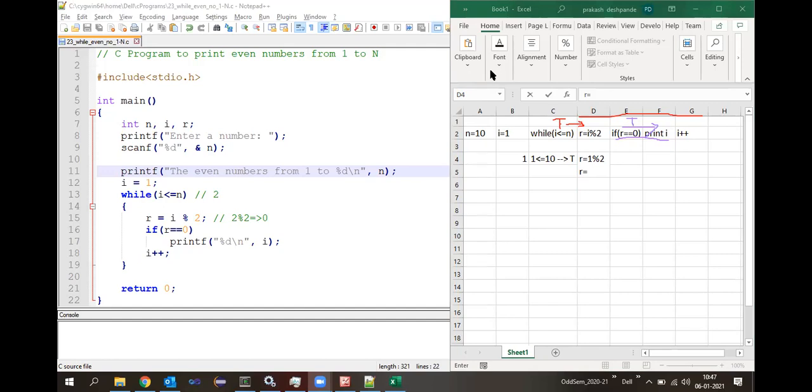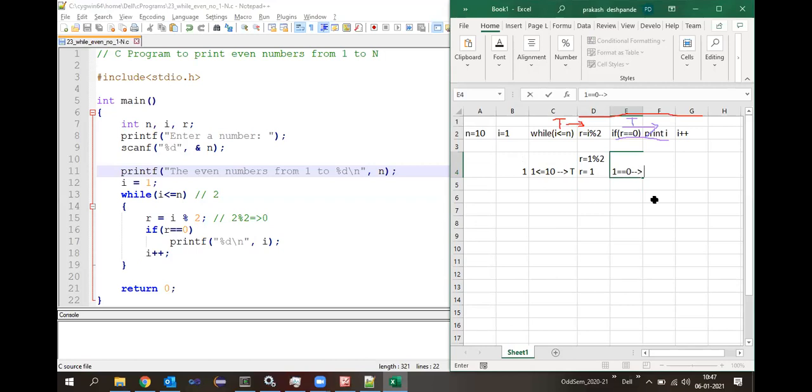When we try to do the division operation, when we try to divide 1 by 2, the remainder we get is 1, because first of all, we can't divide 1 by 2. So the remainder, whatever is there, will be taken here, that is 1. So our value will become 1 here. Then next, if r is equals to 0, that is 1 equals 0, what do you think the result is, true or false?